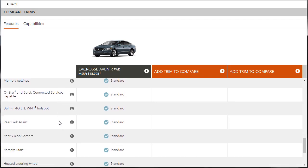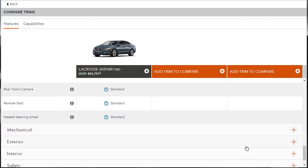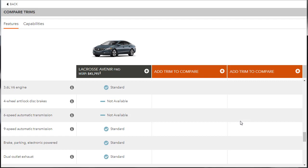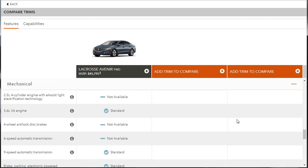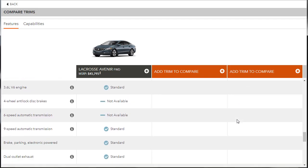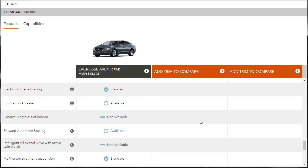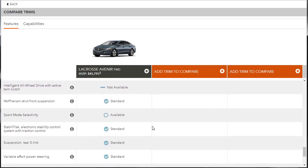It's got a lot of stuff. So I'm not going to read off everything. You can pause it. Under mechanical, there's that engine. We know that. The 9-speed automatic. We've got to get the all-wheel drive. I know it's not standard, but we can option the car with it. There's some more standard equipment, McPherson front struts,